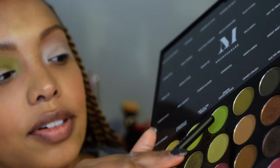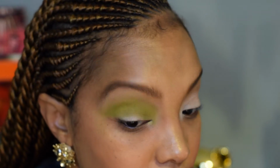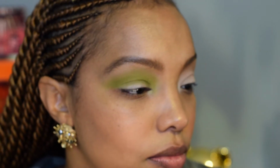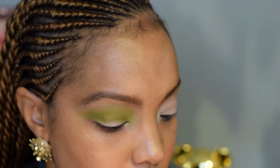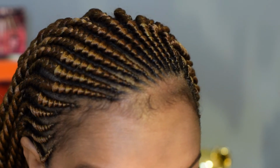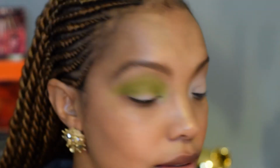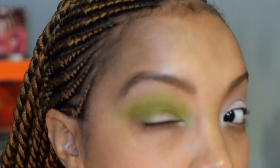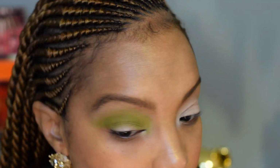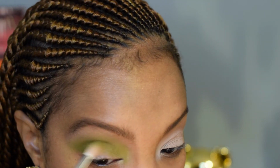I'm going to go into this olive green shade right here. I'm still just going to, do I want to change brushes? No, I'm going to keep the same brush for the moment. Okay, so now I'm going to this olive green, and this is called Nude Tude, which makes absolutely no sense to me, but it's called Nude Tude. And I'm just going to go right in this area. Ooh, did I take any? I mean, I'm not struggling. I just wish it would give some more